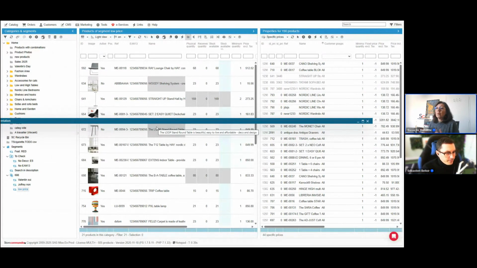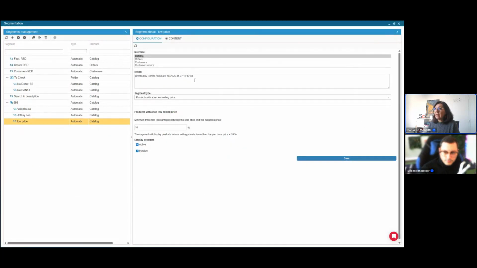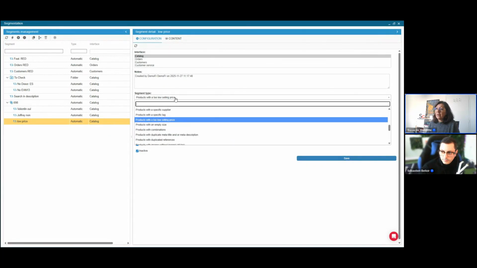Yeah, so this is just one example, but you can obviously use the segmentation for all of your needs. But this one is good as well because we help you do more than just adding products to a category or making promotions. So you can rework your prices. The goal is to have a product with all the information that you need, so that when a customer goes on your product page, the only thing he needs to do is to add to cart and then place his order. So that is really a useful tool to have.